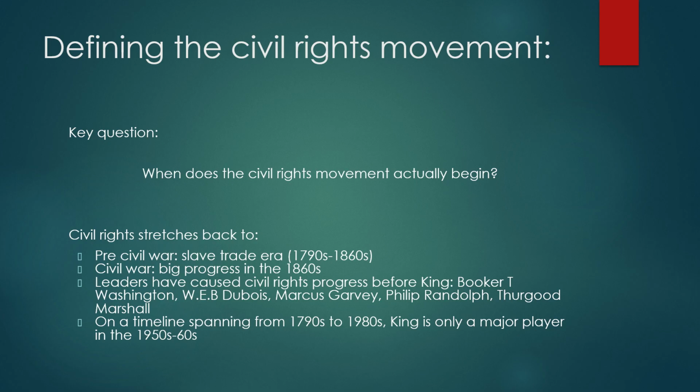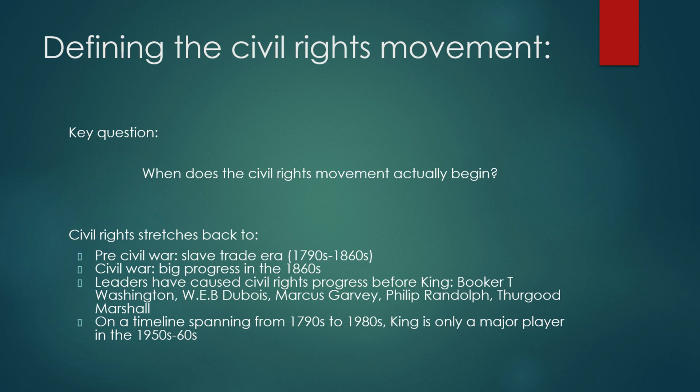But again, you could have wider ones. You can expand this further. The civil rights movement, in the modern sense, was in the 50s and 60s, but actual civil rights progress was spanning right the way back. Again, we experienced a lot of it with the pre-Civil War era, the slave trade, the Civil War itself, all the progress that happened there.